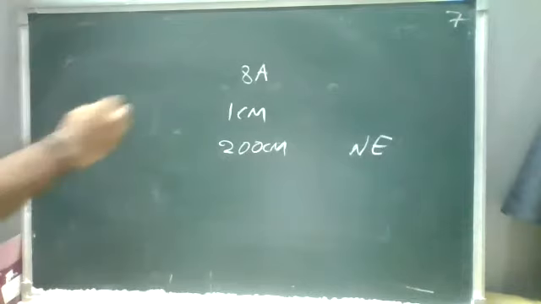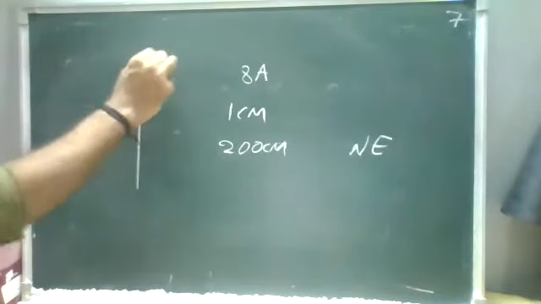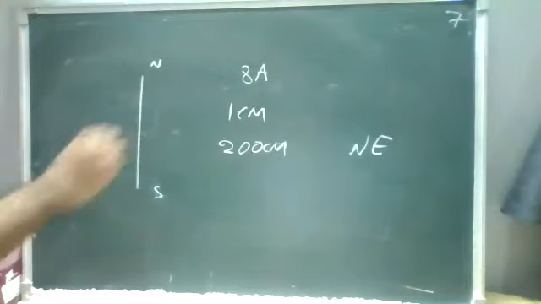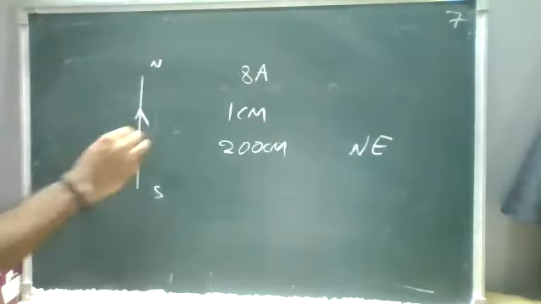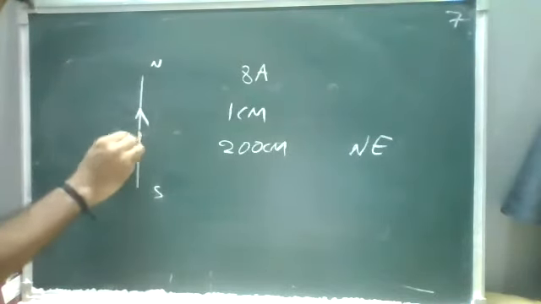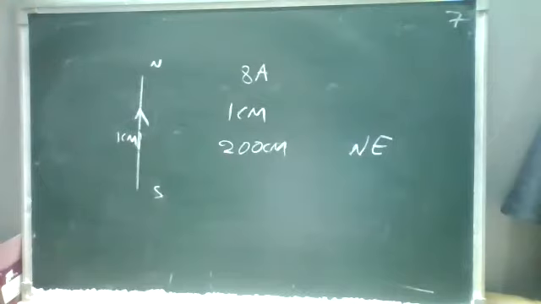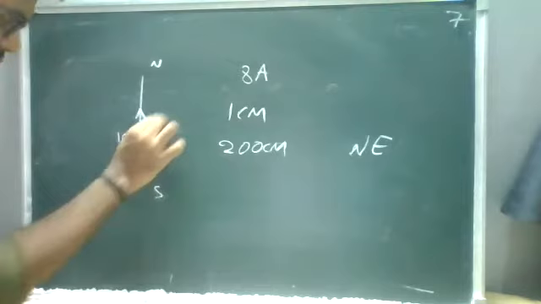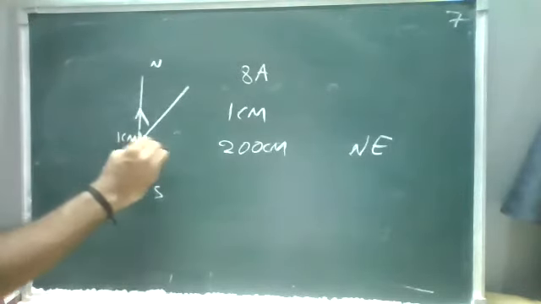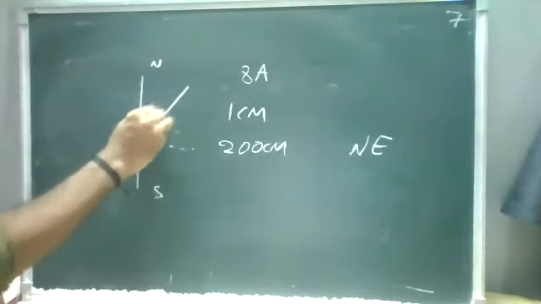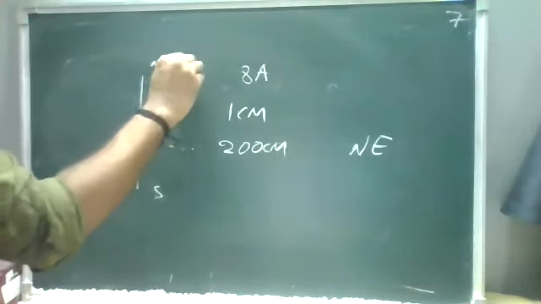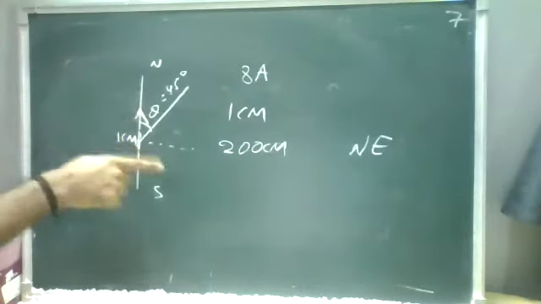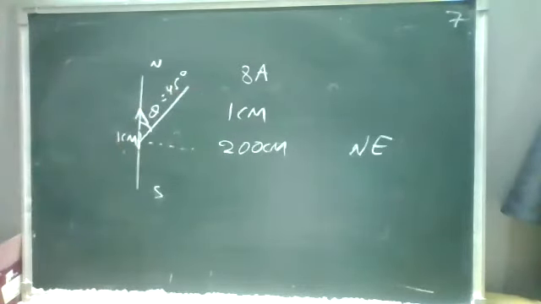Now, so there is a conductor. It was placed in the north and south directions. The current was flowing from south towards the north, in the upward direction. So I'm taking a small change, that is 1 centimeter, a piece of wire of 1 centimeter. For this, the magnetic field will be towards the northeast, between east and north. And it is making an angle theta, so it is not 90 degrees. Assuming it is 45 degrees, when they say northeast, theta is equal to 45 degrees.